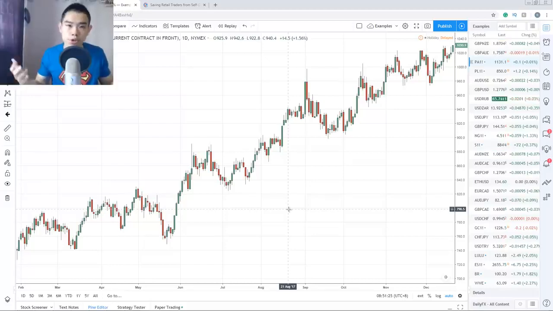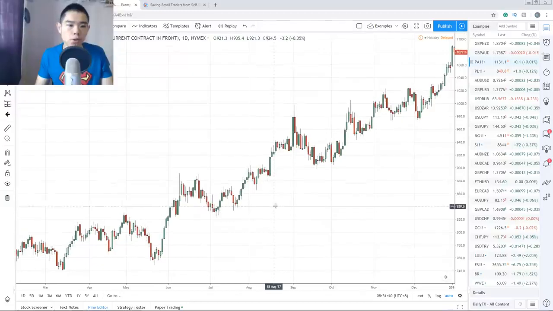You shouldn't be shorting this market. This means that you won't think of selling in this market. You won't think of shorting. You will only find buying opportunities whenever you see a chart like this. And where could you buy on this chart? If you ask me, a few areas that you can look for is, let's say, number one,